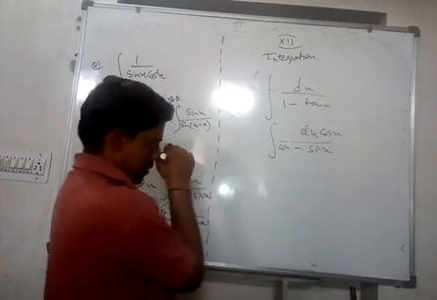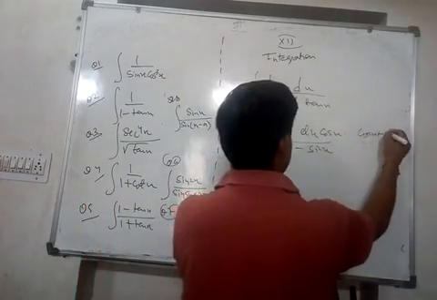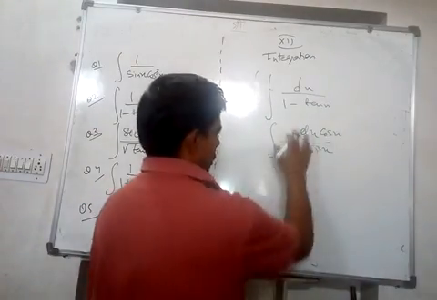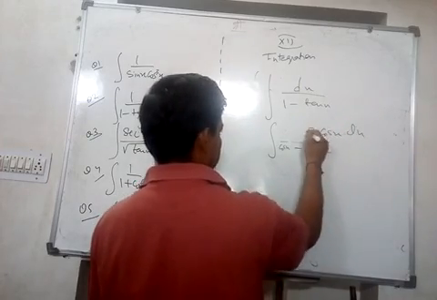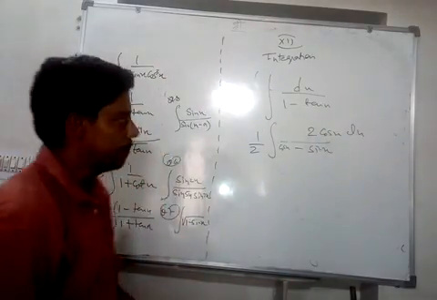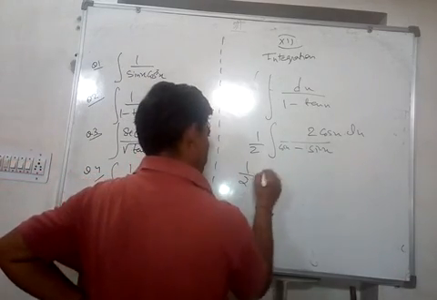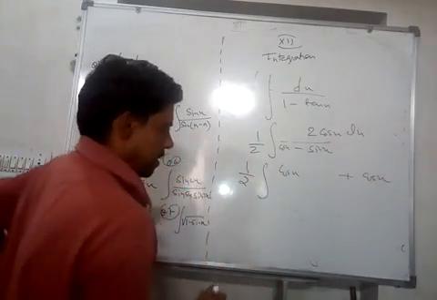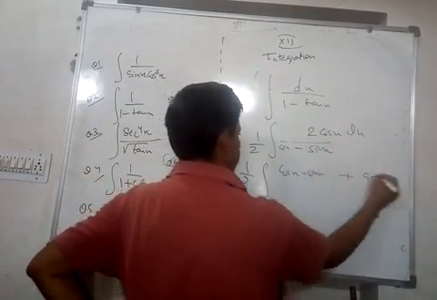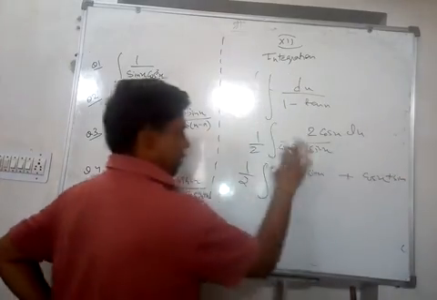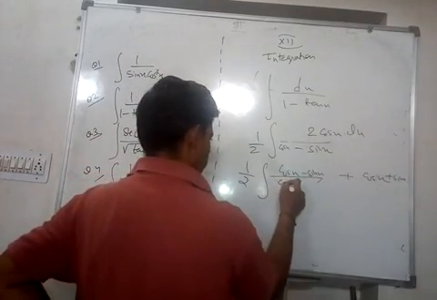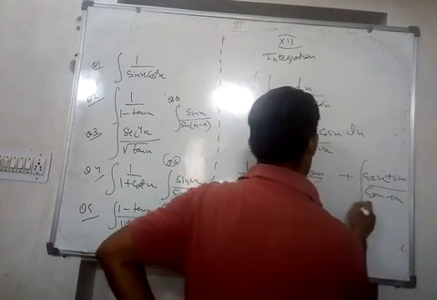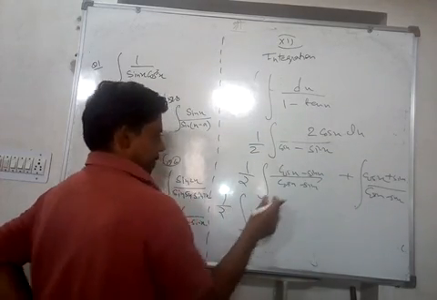So what we can do is here we can multiply by, let's say, cos x plus sin x. Or we'll have to do a very important trick here. This is a very important trick, only using this integration. Divide by 2 and multiply by 2. Okay, and then this will become cos x plus cos x. Now you can subtract sin x once and add sin x once. So this will remain the same. Now divide by cos x minus sin x and cos x minus sin x. So this is half. This is cancelled.